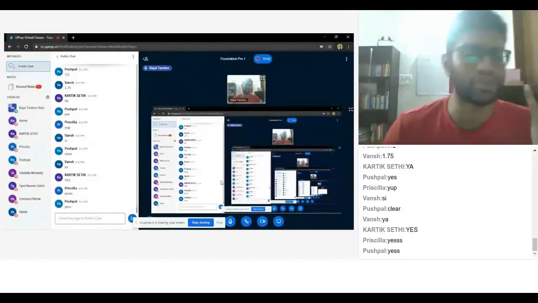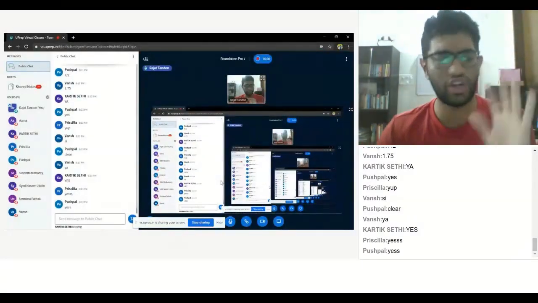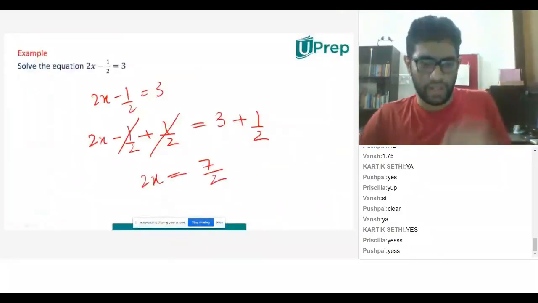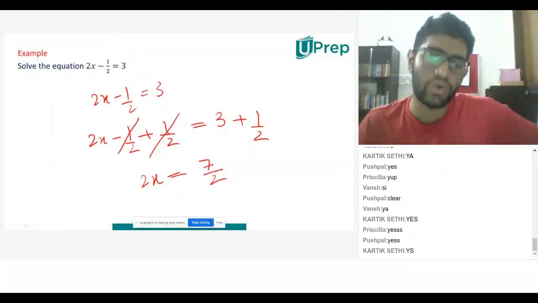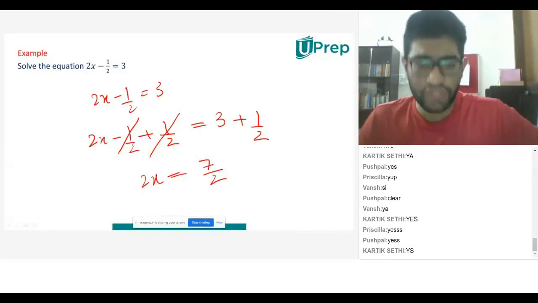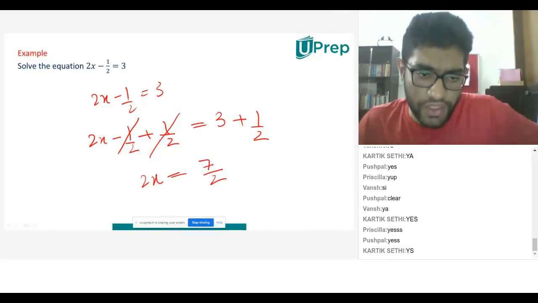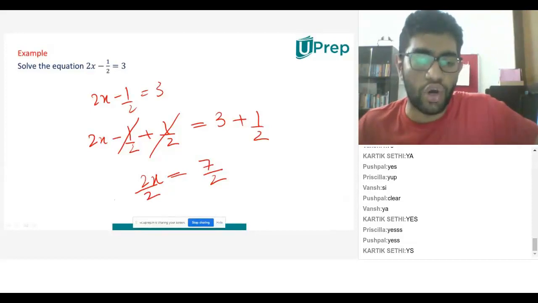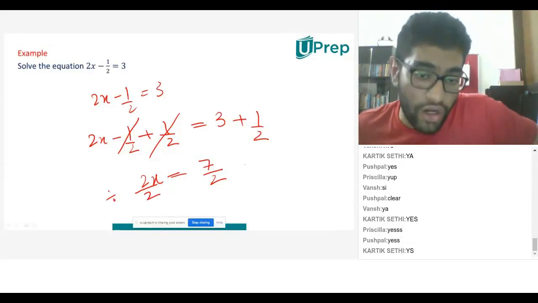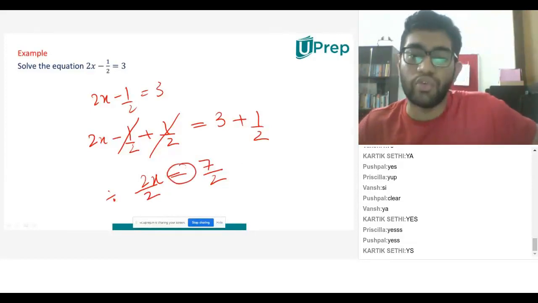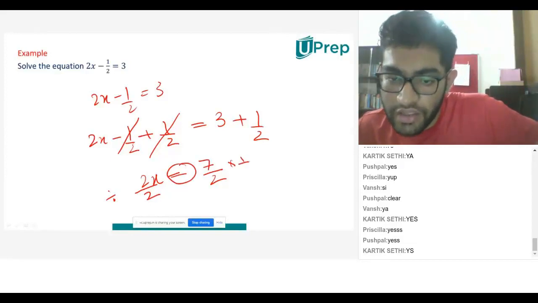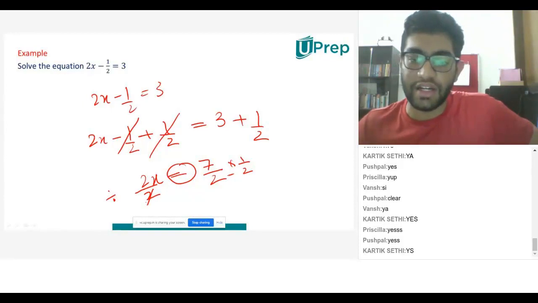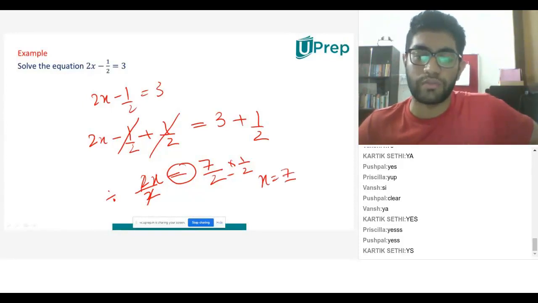Let's see a different approach to the same question. There's not just one way, there's so many ways, right? Step by step isolation. Now, there is 2x equal to 7 by 2. Instead of shifting, if I have to remove this, I have to divide by 2. If I am dividing by 2 on one side, in order to balance them, I have to divide by 2 on the other side also. So what do I get? This gets cancelled and I get x equal to 7 by 4.